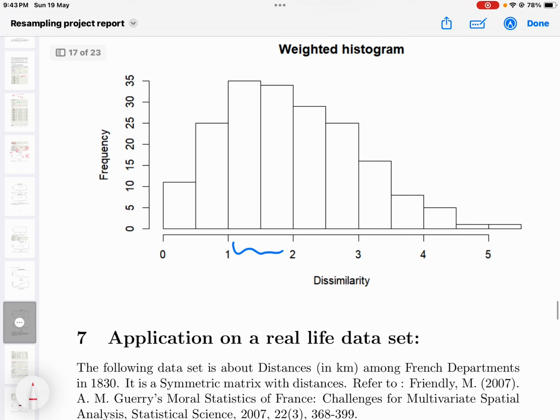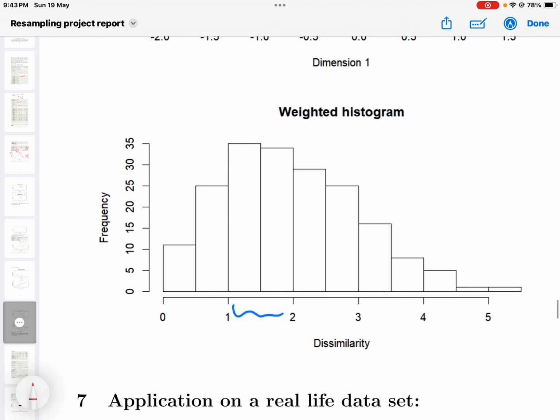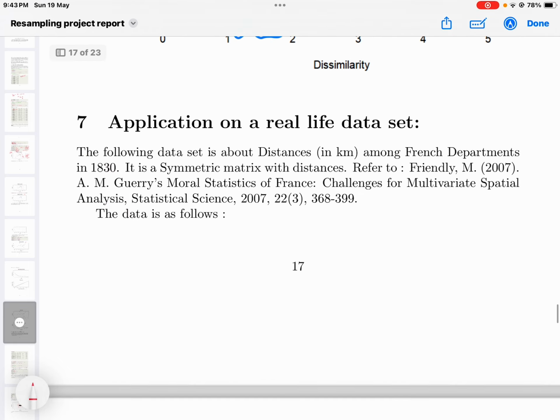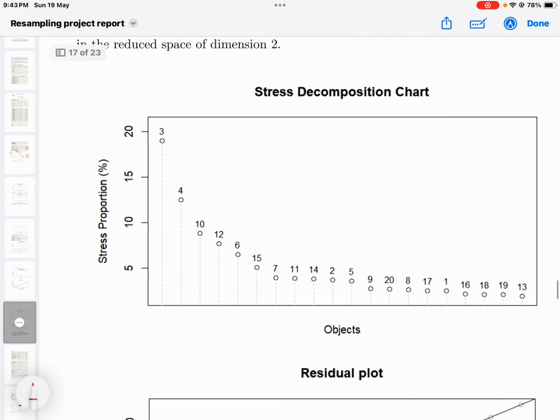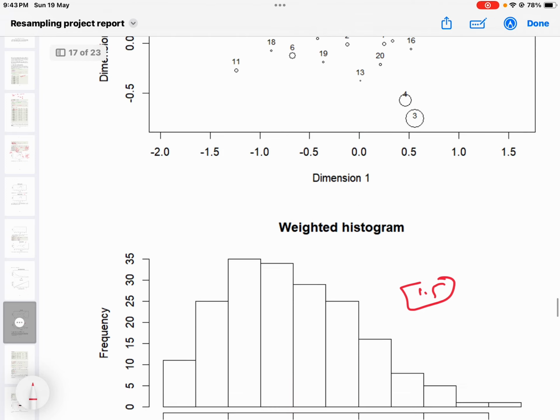This is the bubble plot and this is the histogram plot. This is nothing but this actually counts how many points are some particular distance apart. Let's say about 35 points are about 1.5 distance apart from each other. So these are just counts. So this is the basic analysis I did with the simulation, and then I will be doing the same analysis